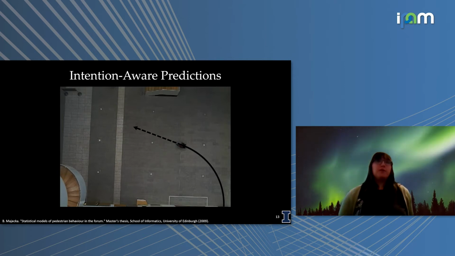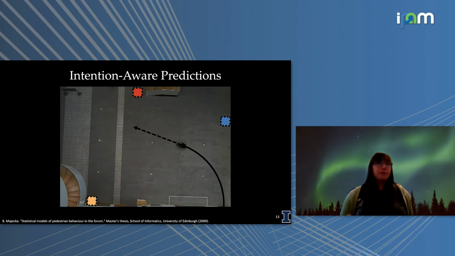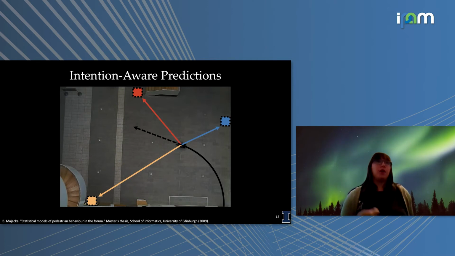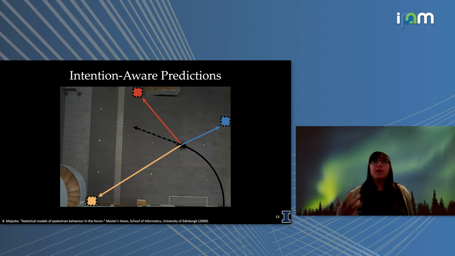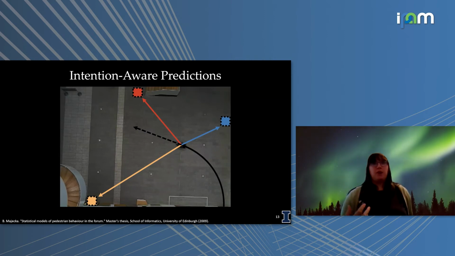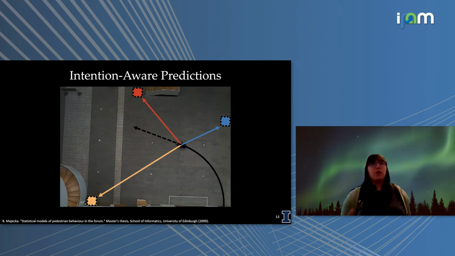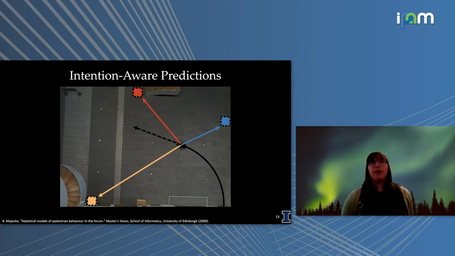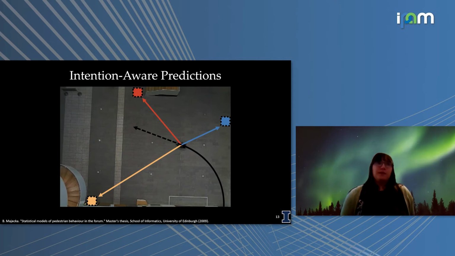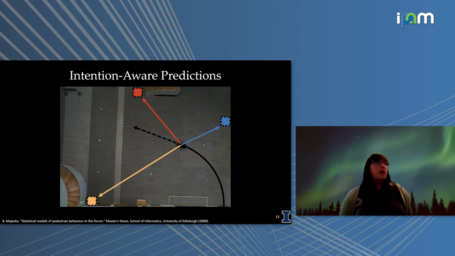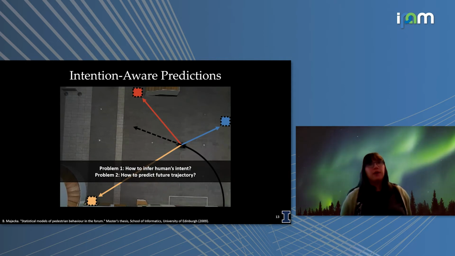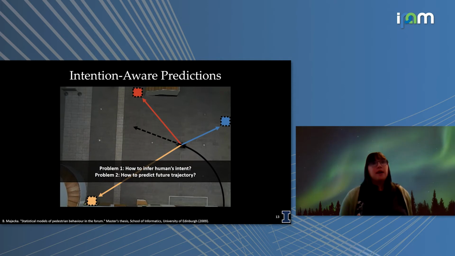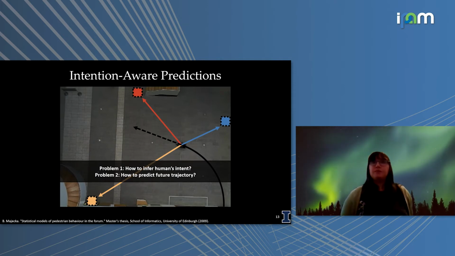So often what we try and do is add some other information, like the goals or intents of the agents. So then you can try and decide where they're going. And by taking into account this future behavior or this high level abstraction, we can often get more informative and better predictions. So often we think of this as a goal-oriented prediction or something that is intention aware. And this is the method we're going to be building up for the rest of our talk here. So we can think of this as two separate problems. The first problem is how to infer human intent. And the second is how to predict the future trajectory.